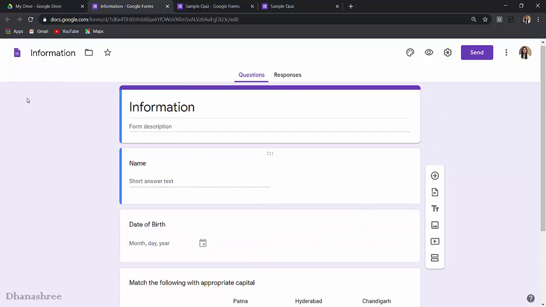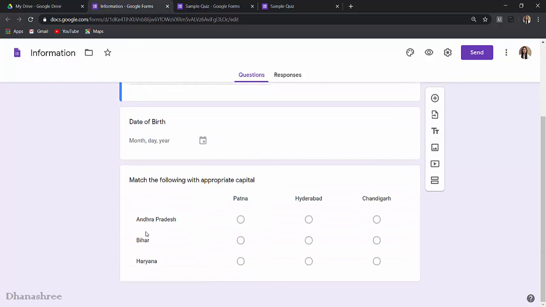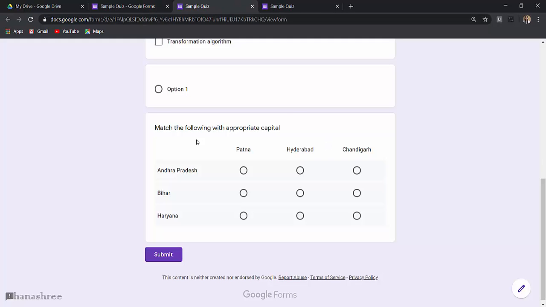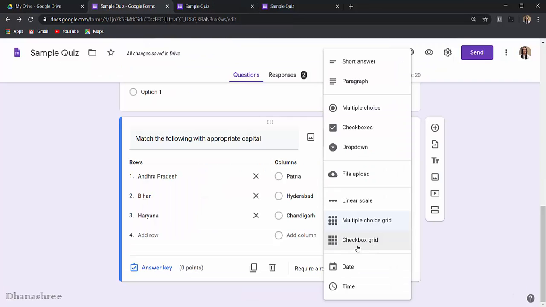So question from information Google form is fetched into our sample quiz form. And this is multiple choice grid question. If we see preview of it, our multiple choice grid question will look like this. And as I have selected multiple choice, hence you can select any one out of 3. If you want to select more than one in one particular row, you can go for checkbox grid.